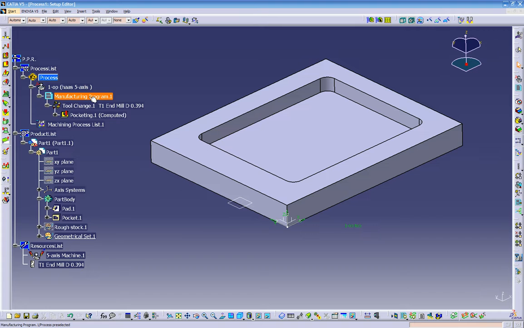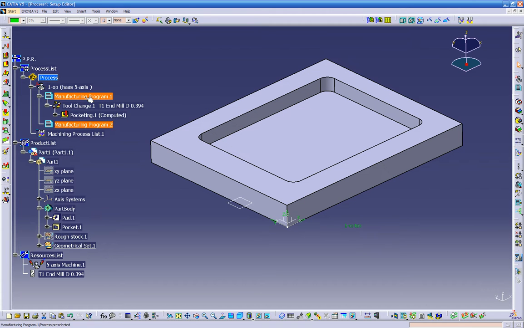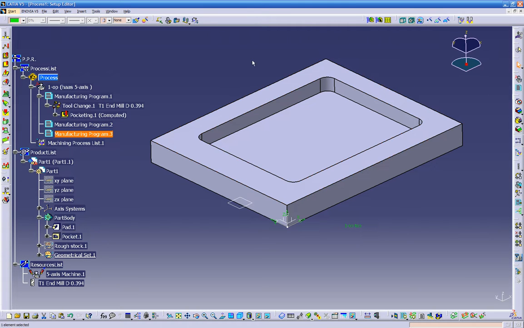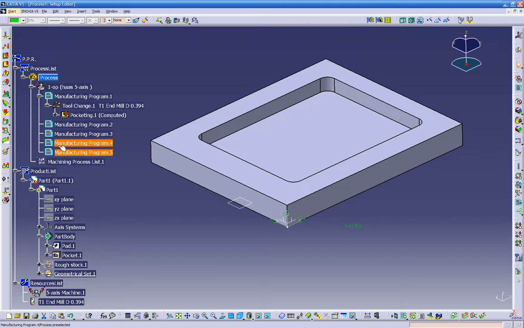But what I want to do, for example, you want to create different manufacturing programs in here, right? So once you click on this, for example, you want to create more manufacturings. We got the same thing on the bottom right here. It says select a reference operation to insert a new one after it. So once we click on this, we get a new manufacturing program. So you can create as many as you want to keep this organized. If you want to have just pocketings over here, if you want to have only drilling over here,